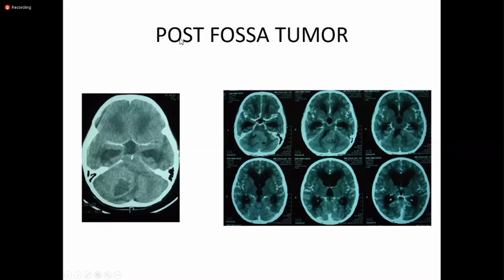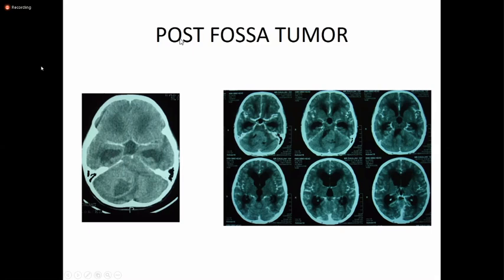You can see these are the temporal horns, very large temporal horns. In the normal scan, the temporal horns are barely visible. And this is the ballooning of the third ventricle, which was slit-like in the normal scan. We will go on to the normal scan again to see the difference. So this third ventricle is ballooned up and temporal horns are dilated markedly.